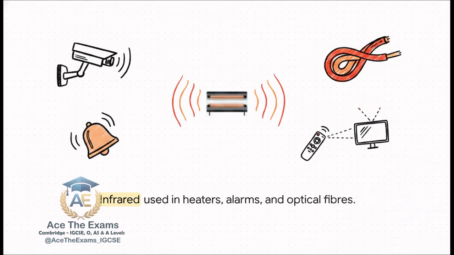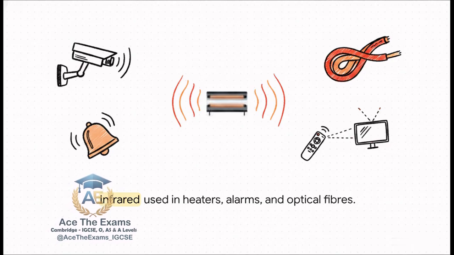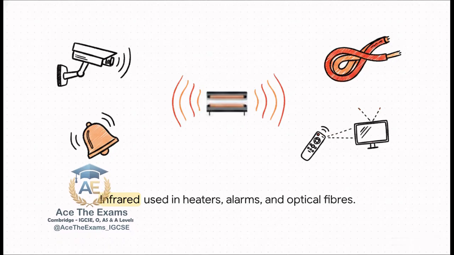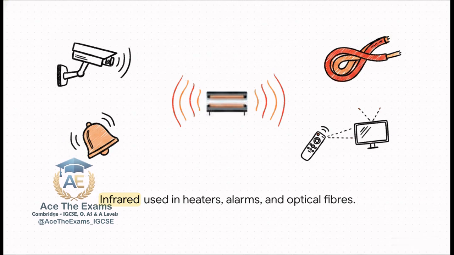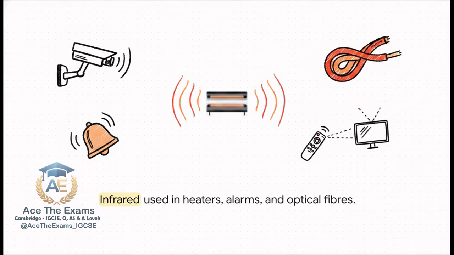band. Now, basically, anything that is hot is giving off infrared radiation. We intentionally harness this part of the spectrum for things like radiant heaters to keep us warm, but it's also used for security alarms, the tiny pulses of light that carry our internet data through underwater optical fibers, and even just the simple, invisible signal coming from your TV remote.